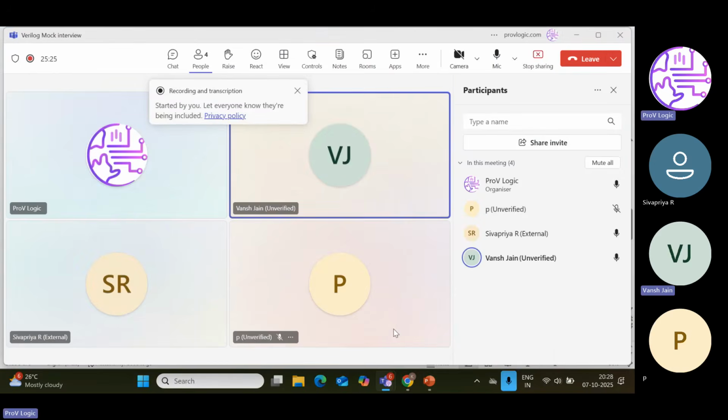Sure, you can share your screen. Or after writing also you can show your code, no problem. You can take EDA Playground or something like that. Okay. Meanwhile, you can also try.